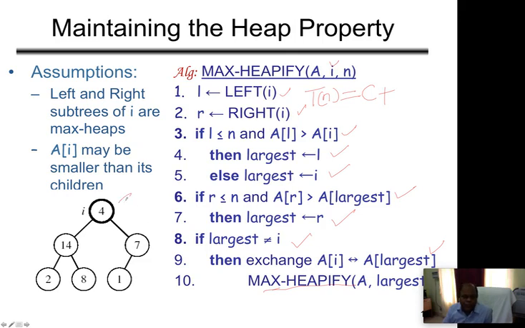Remember that if this tree contains this number of elements, once it is coming to this subtree, it contains only this number of elements. Hence T(n) is equal to T of